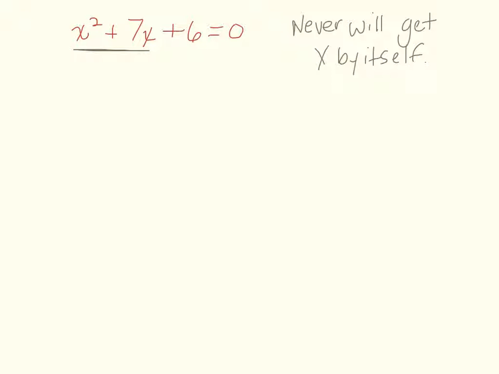And if you notice x squared plus 7x plus 6, that looks like something that can be factored. That looks like something that we might want to factor, okay? So we're going to try to use factoring. We also have to use something called the zero product property, and we'll talk about that right now. So the zero product property,